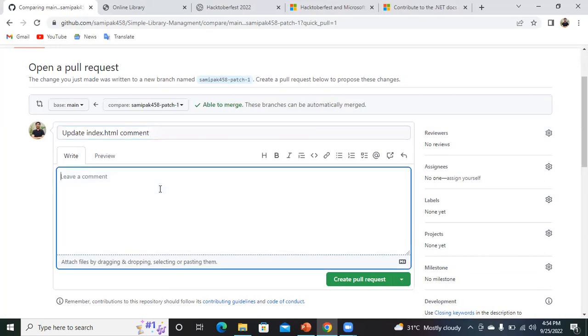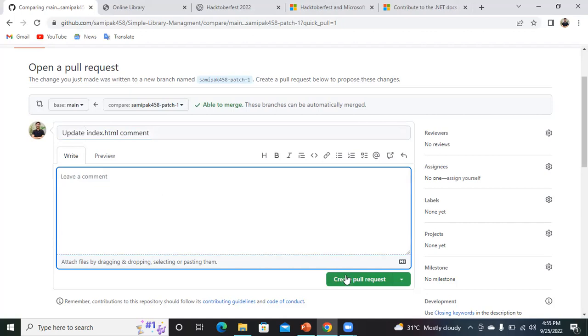It is a very small change, so I don't need to add more comments. But if you are changing the complete design, you have to clearly mention what changes you have made to the website. So simply, that's how you add your changes to the original repository.